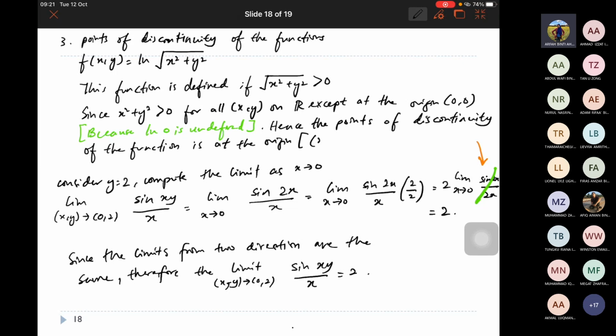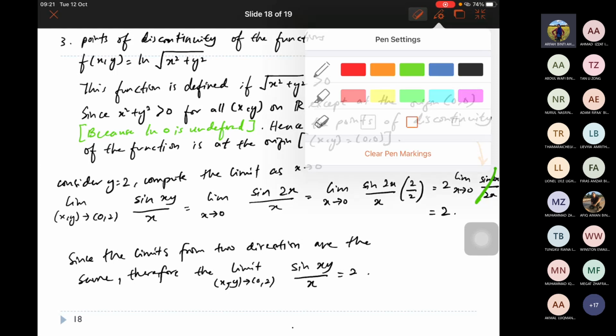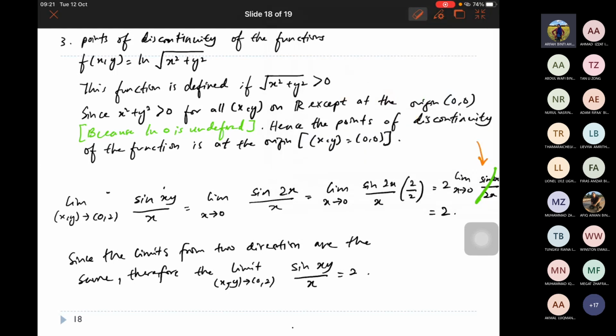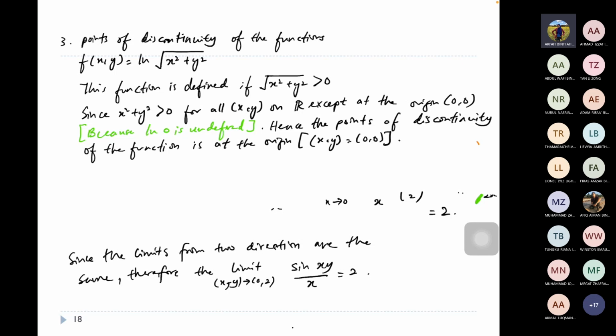That is dekat x, y equal to 0, 0. Okay. So ini adalah titik dekat mana function tu is undefined. Okay. Discontinuity. Sebab nilai ln kosong adalah